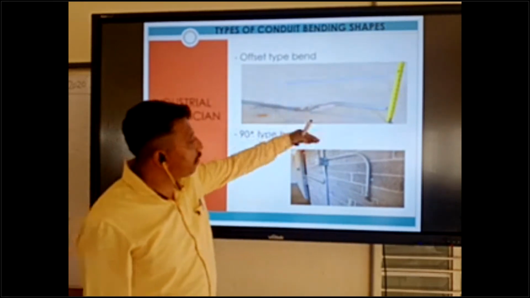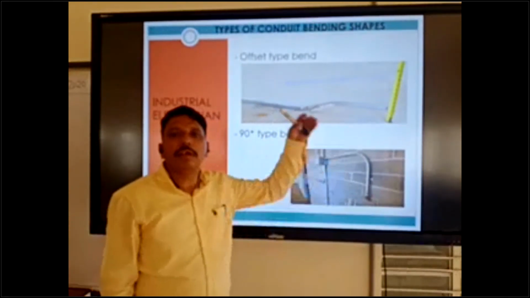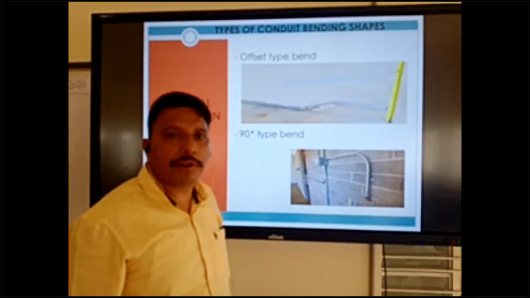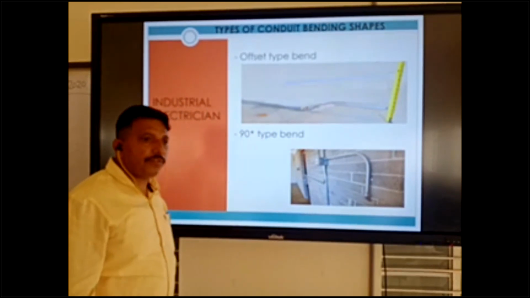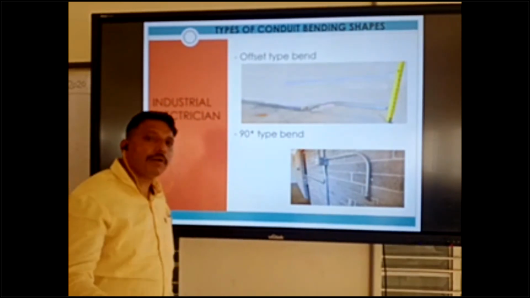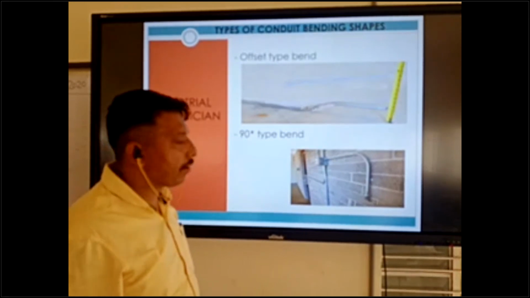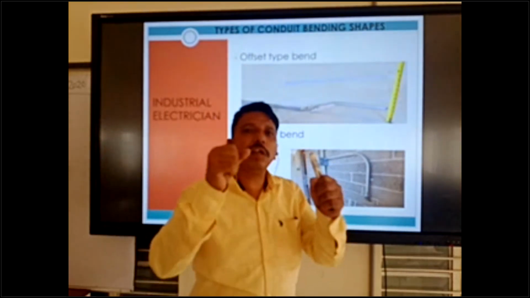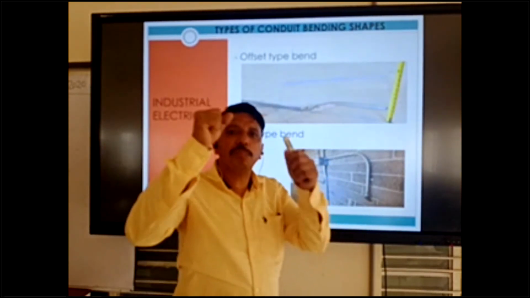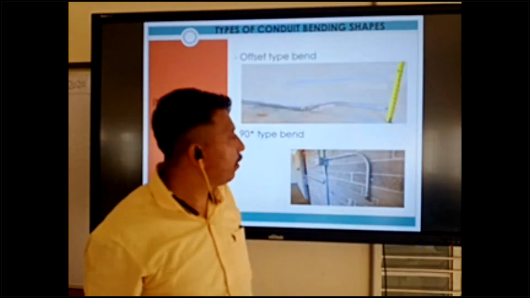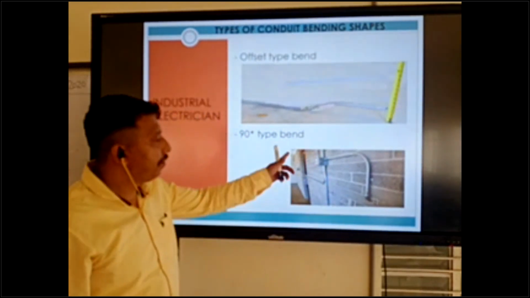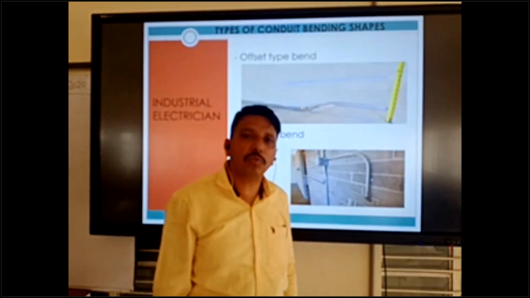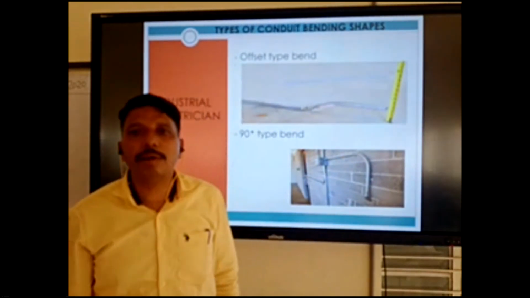If you make an offset, bridge, small bridge, long bridge or 90-degree, you need a bender in GI conduit. Without a bender, GI bending is not possible. In PVC, we can use a spring bender for bending. A 90 is always going right to left or left to right. I already told you.